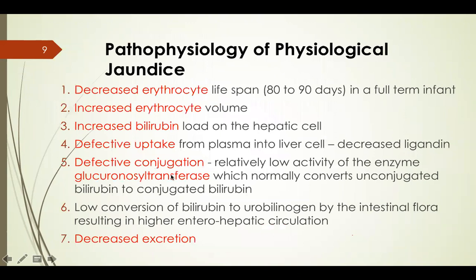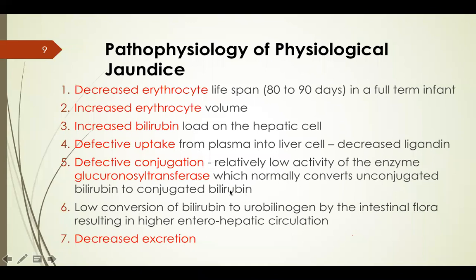Okay, what is the pathophysiology of physiological jaundice? This one is very crucial also. If you want to talk about the pathophysiology of physiological jaundice, as I told you, the lifespan is about 90 to 120 days. In the full-term baby, there is an increase in erythrocyte volume, increase in RBC or hemoglobin itself, increase in bilirubin load on the hepatic cell, defective uptake from the plasma into the liver cell, which is decreased transport ligandin, defective conjugation, which is low activity of enzyme